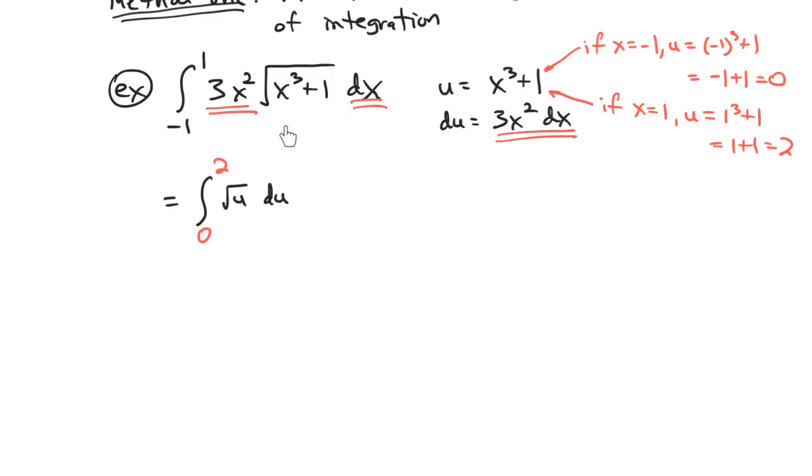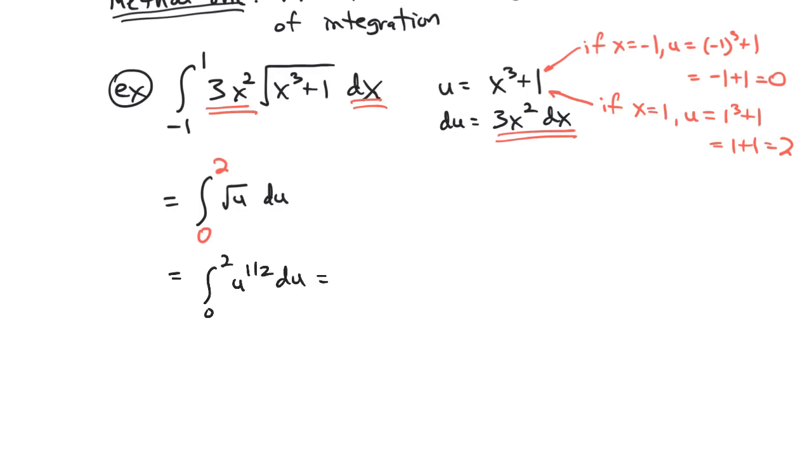Once we change everything to u, including the limits of integration, we never go back to x. We just answer this question, treat this like a brand new problem because it's equivalent, it's the same answer. Treat this like a brand new problem and see what happens. So if we had this problem, we would say, okay, I'm going to write this as u to the 1/2